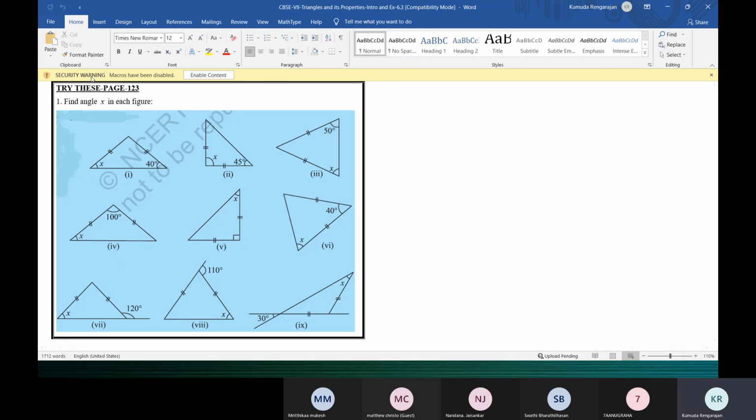In the second figure again, you can see that these two sides are marked equal. So here we are solving, in all the figures, two sides are given to be equal. So everywhere they are isosceles triangles. An isosceles triangle can also be a right isosceles triangle. That is when it's a right triangle as well as an isosceles triangle. When a triangle is right angled as well as isosceles, it's called a right isosceles triangle.